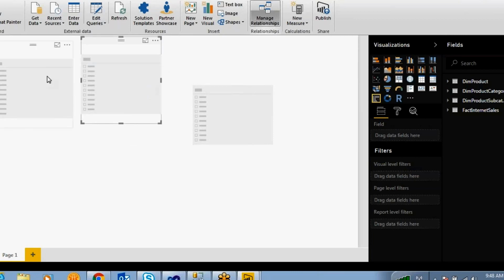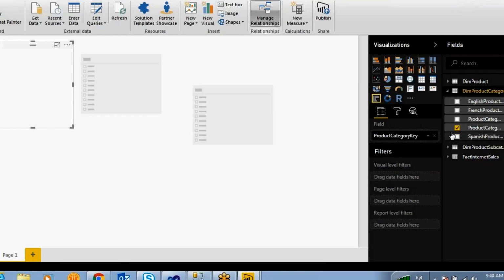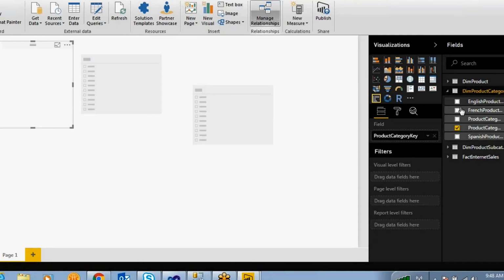In the first parameter, the value I'm going to take is the product category. Sorry, not the product key. You have to take English product category name. Not this one, take this one.